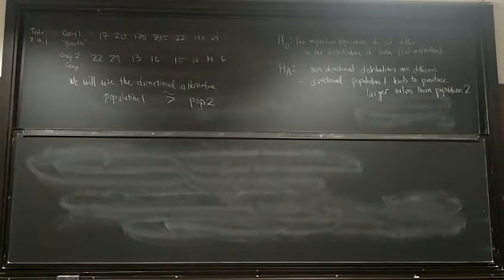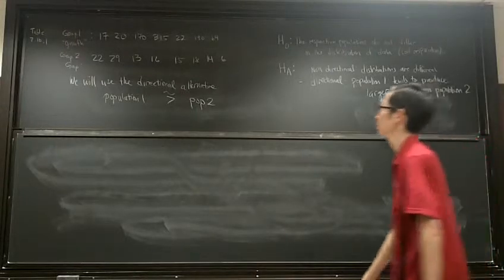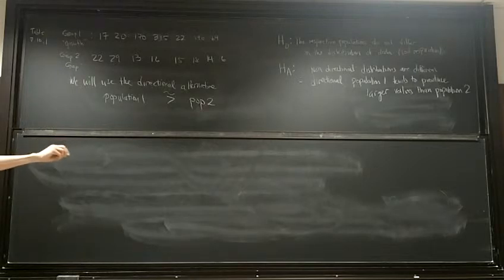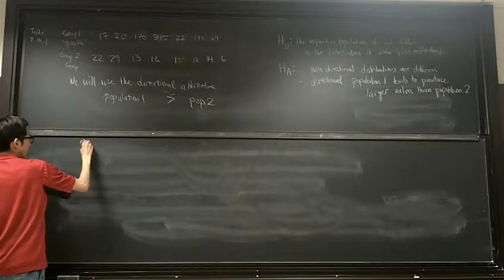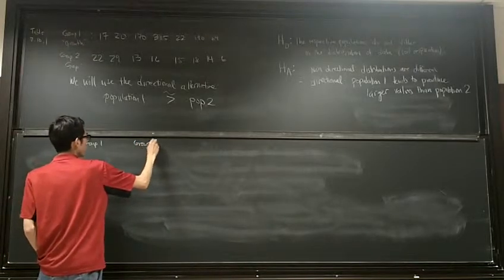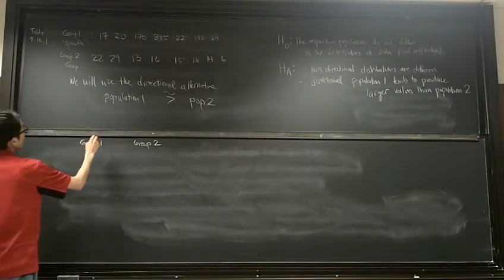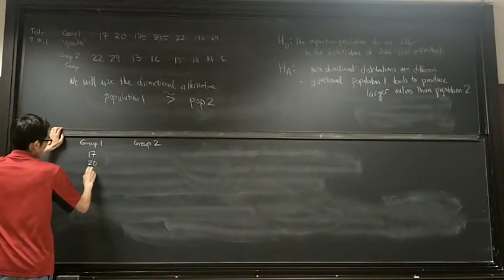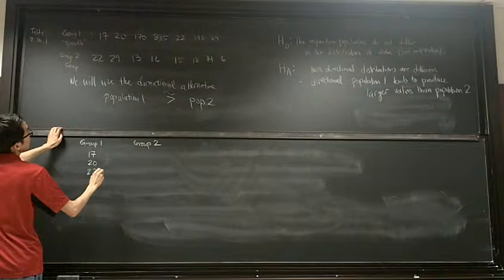Alright, so here's the steps that we do, okay? So first, we've got to put the numbers in order. For group 1 and group 2, we put the numbers in order. And so, we start off with 17, 20, 22,